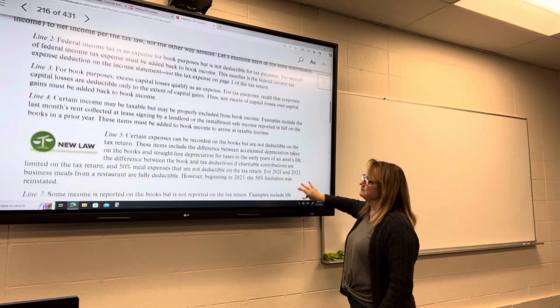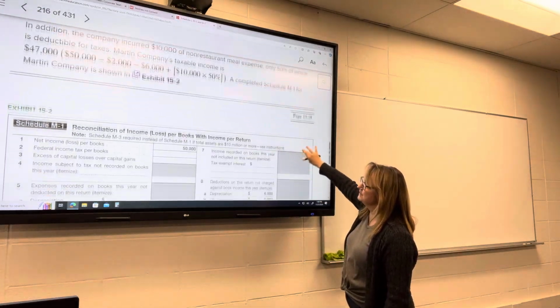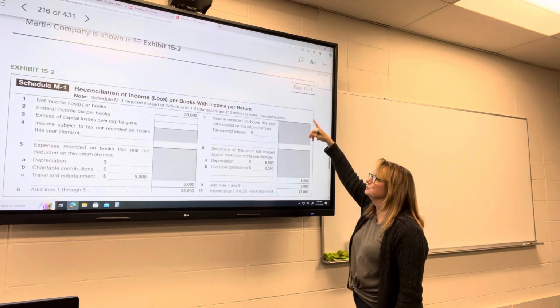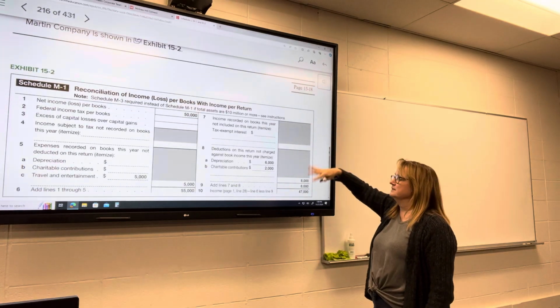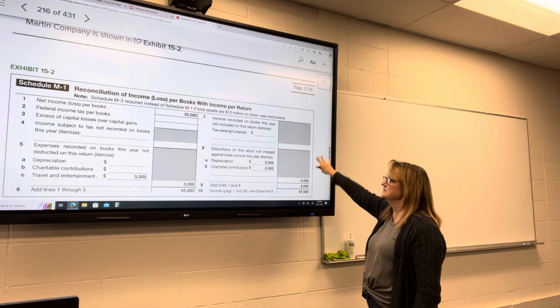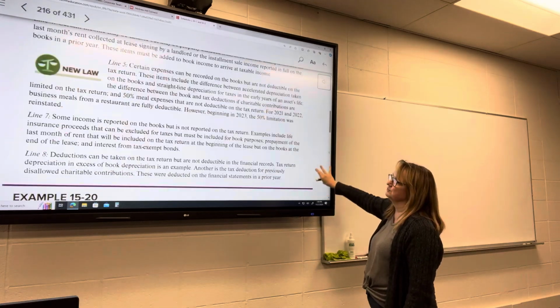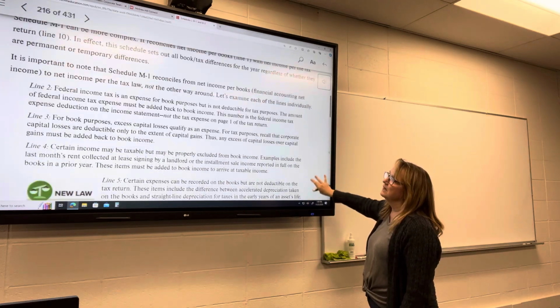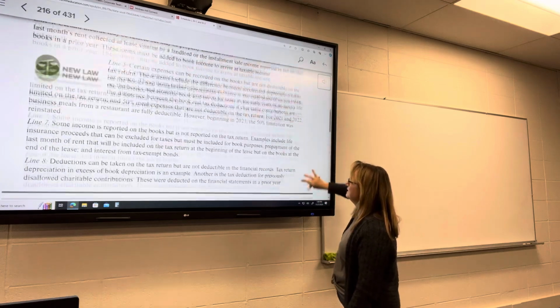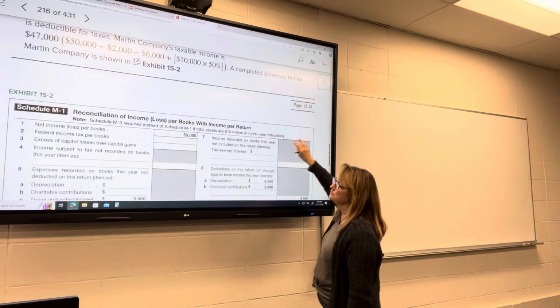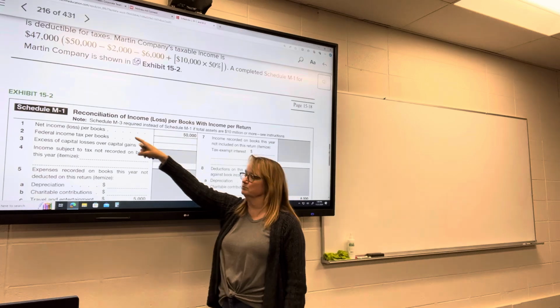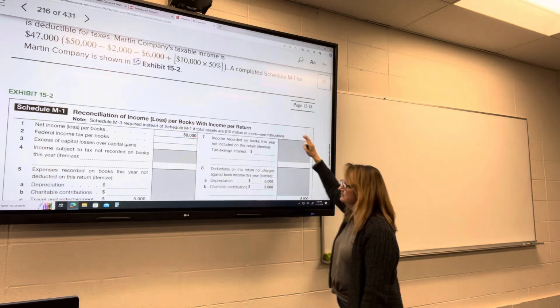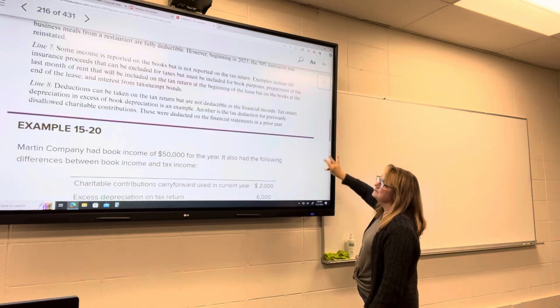So this is what the M1 looks like down here, but I'm going to go through it. They've got a narrative up there that describes each of these lines, so I may scroll back and forth a little bit between these. So line 1, as they mentioned here, is whatever our net income was per books, so just transferring that number over. Line 2,